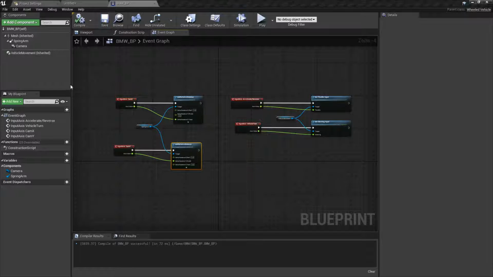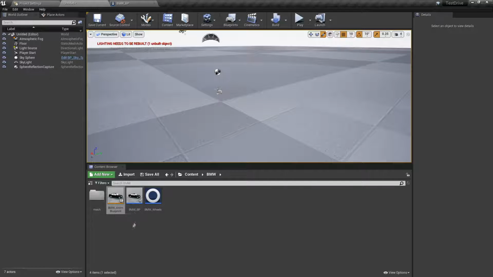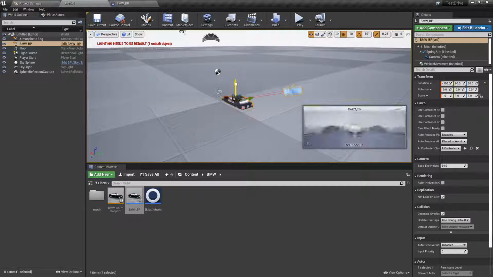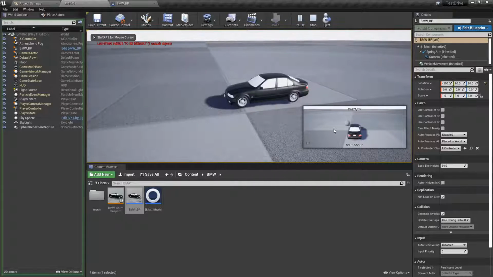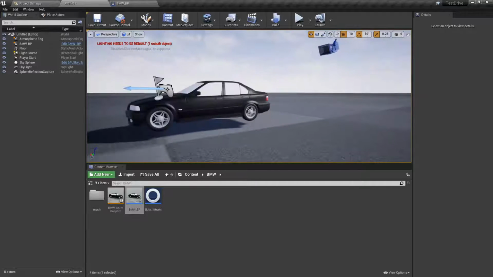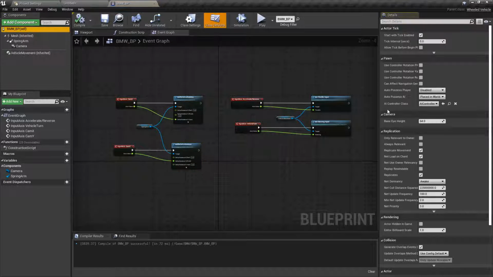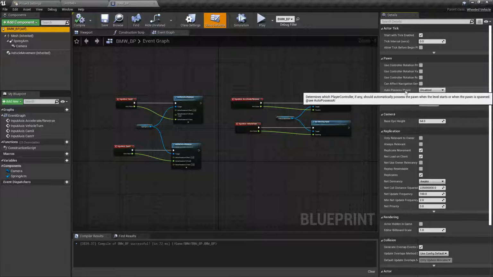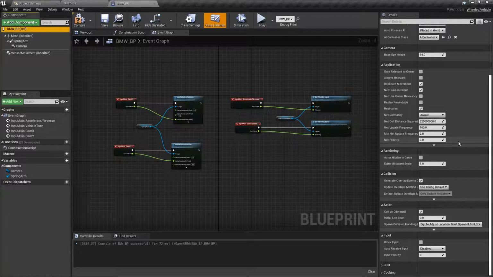All good. So now we can place our vehicle into the scene, which I haven't done yet. So grab the blueprint there, the BMW blueprint, plop him in. Can bring him up a little bit. Let's press play. We're not getting anything because this is the other thing I keep forgetting to do: let's go into the blueprint, select the self, and where it's got auto possess player, we want it to auto possess because we haven't got any characters in the world as of yet.